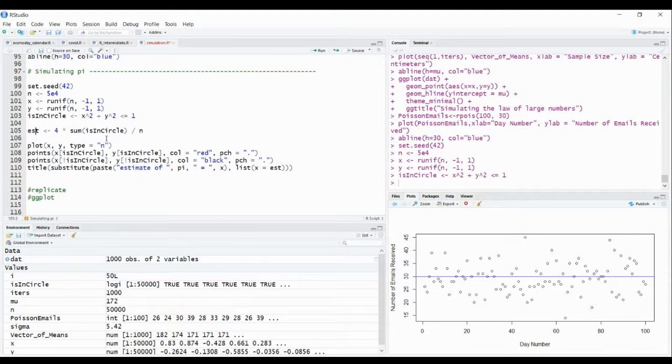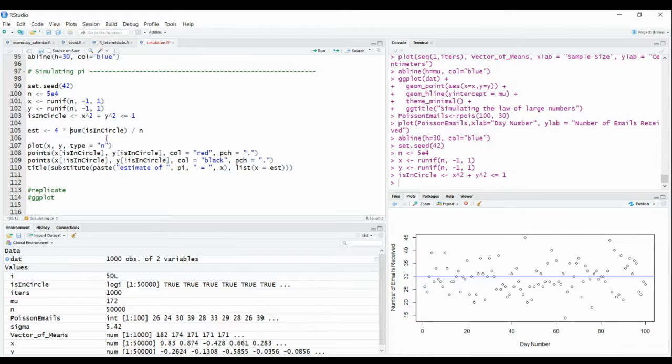How do I know what the number of pi is? So the number of values inside the circle divided by n multiplied by 4 should give me the number pi. Why? Because of the formula